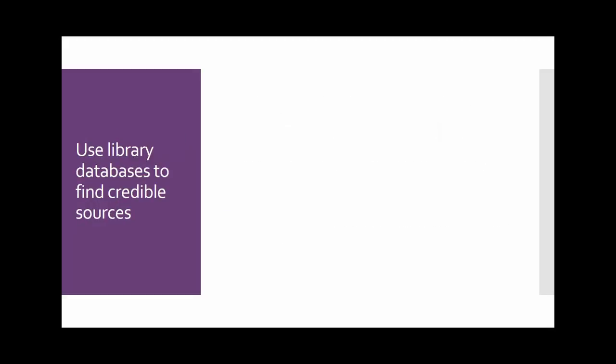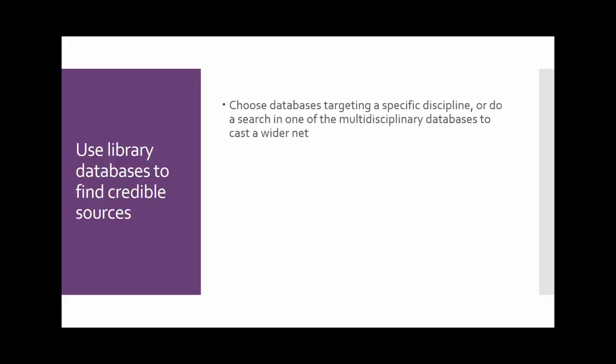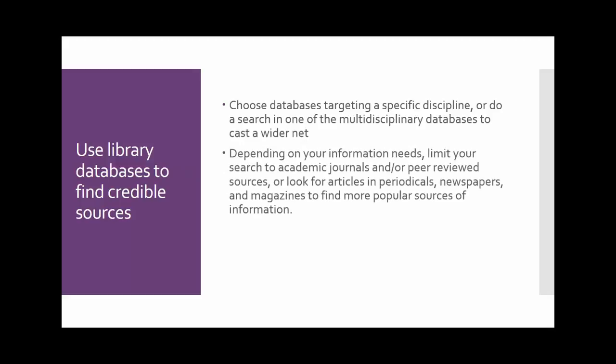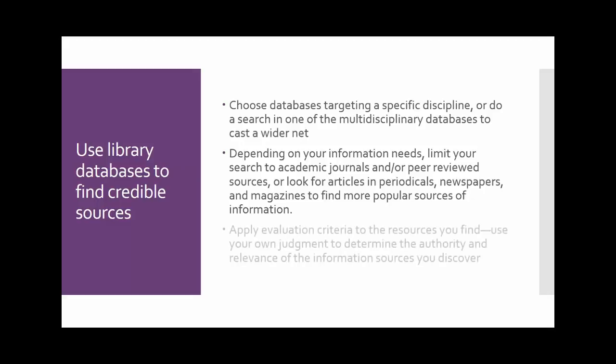You can search for information in a variety of places, but by using library databases, you may find that it is easier to target reliable and relevant sources. You can choose databases of information curated for your subject area, or you can use interdisciplinary databases that will bring up results from multiple disciplines and subject areas. You can then use filters to limit your results to academic journals, peer-reviewed sources, or even popular sources if that is what you need to find for your particular project. Then you can apply CRAP test criteria to the results and choose the very best information sources for what you are working on.